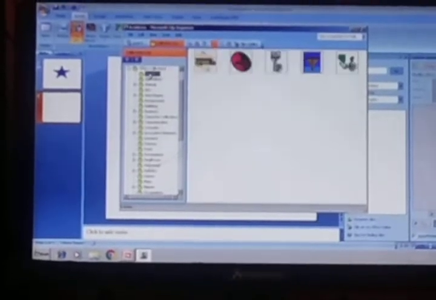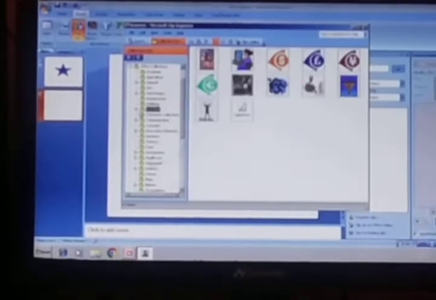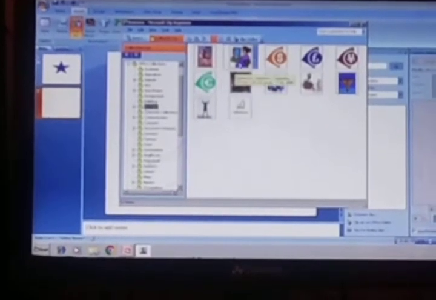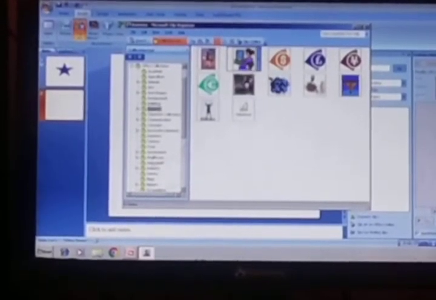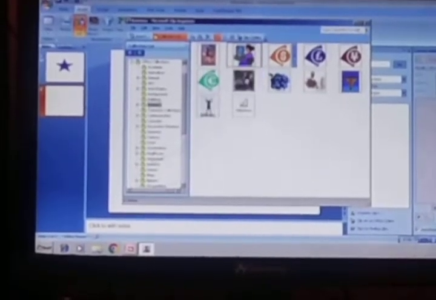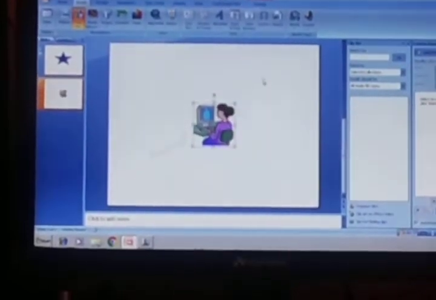So academics, there are so many clip art pictures. We just choose this one, copy, minimize and paste. Okay, this is the picture.